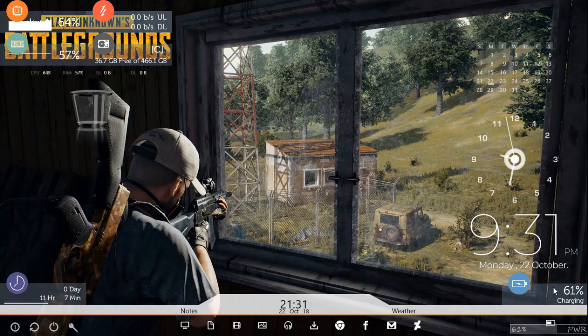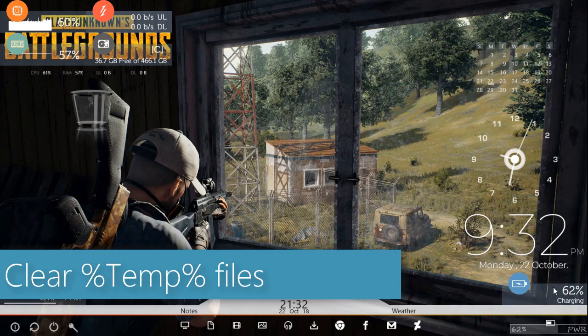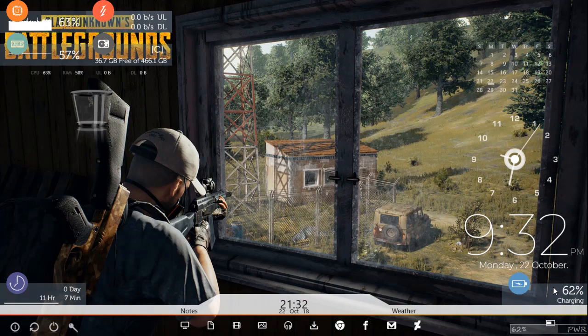And now the number 9 step in improving the speed of your computer: you need to clear temporary files on your computer. Your computer generates a lot of temporary files each time you boot up or use an application. This takes up a considerable amount of space, so it further slows down your system. You should clean it whenever you think your PC is slowing down more than usual. To do this,